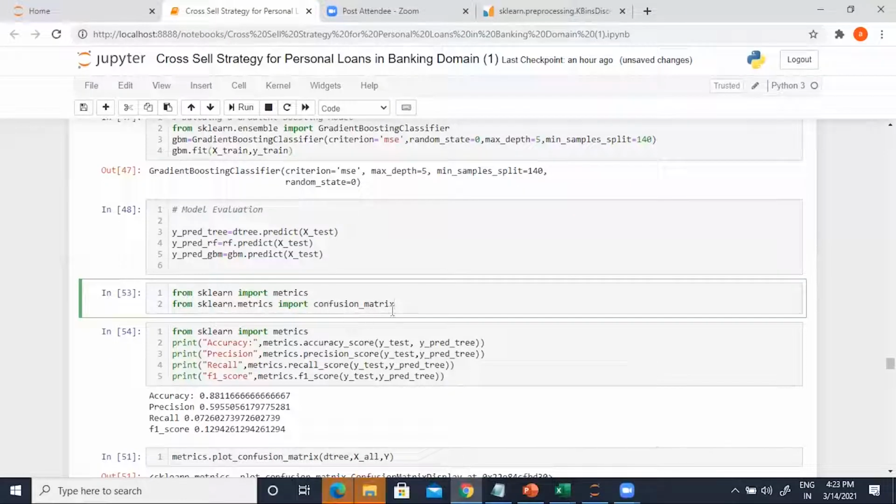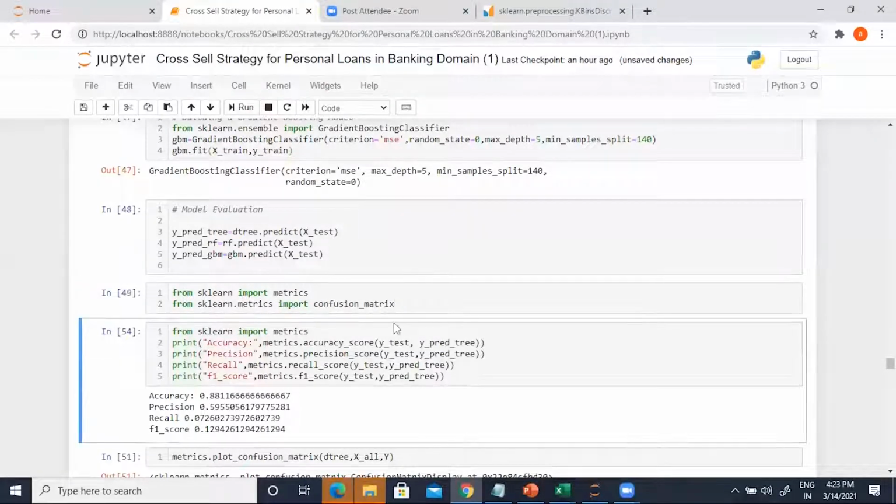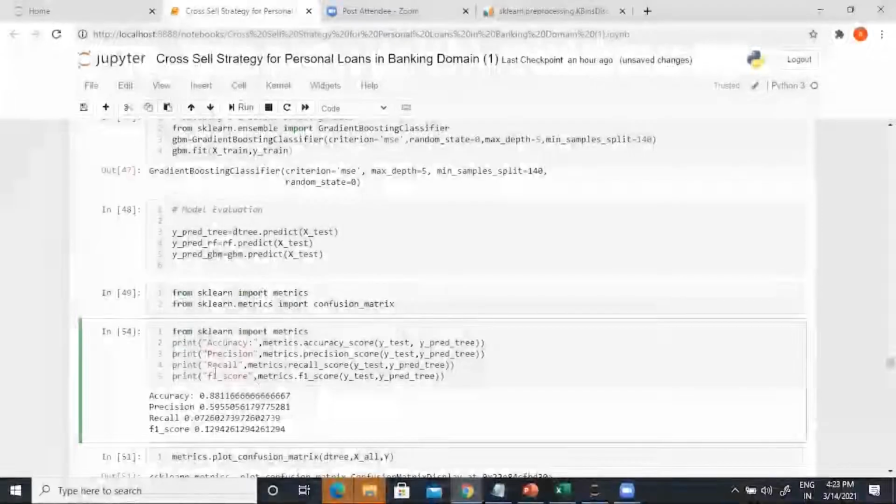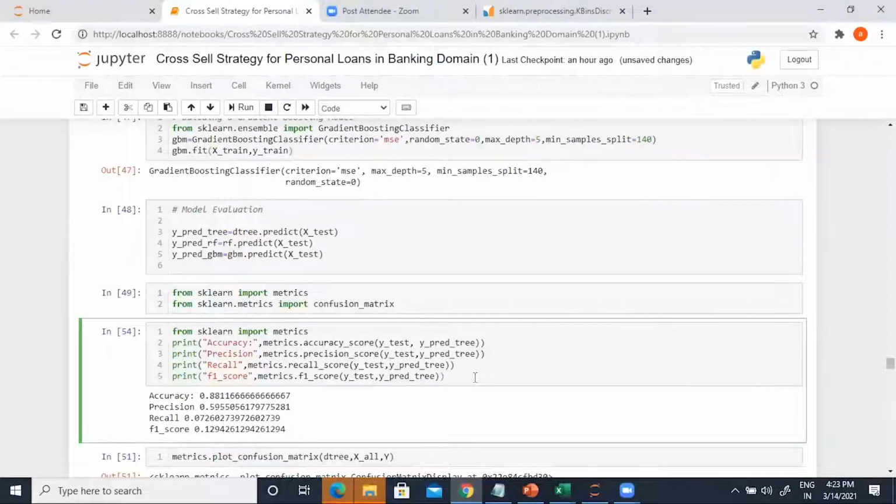We will look at the accuracy score, precision score, etc., and the confusion matrix. So I will first import metrics, and I will import the confusion matrix as well from the metrics module. I'm printing accuracy, precision, recall, and F1 score for the decision tree.